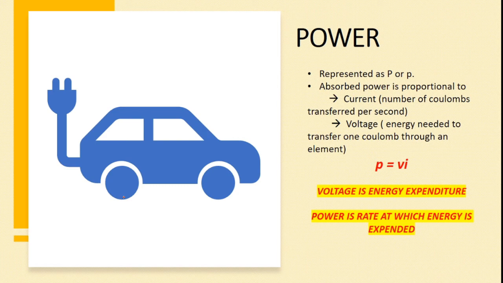For example, I can say that I'm highly energetic, but how fast I run might turn out to be my power. I have very high energy, but whether I run fast or slow is determined by a term called power. I might be highly energetic, but my power might be less. Do you understand what I'm saying? So I might be a highly energetic individual, but I might run slowly, or I might run very fast. The rate at which I use my energy is what we call power.